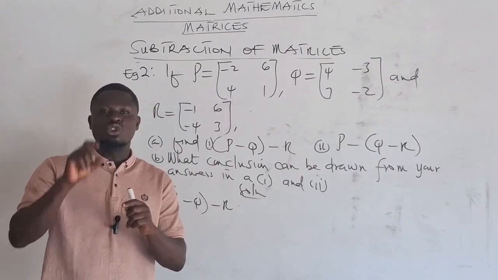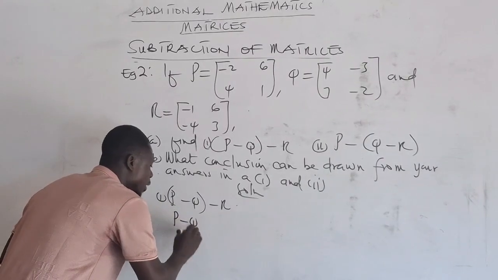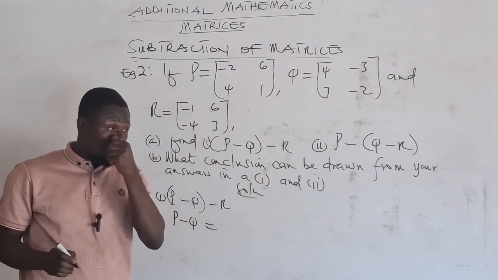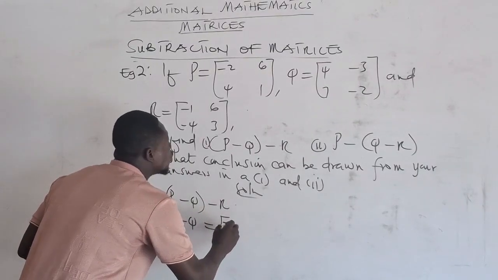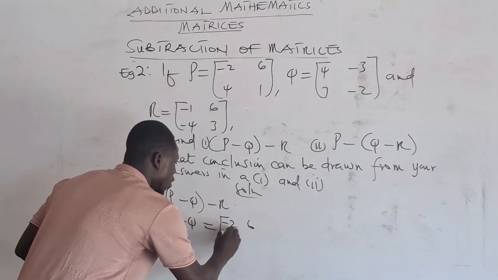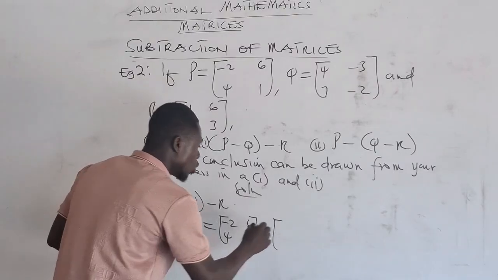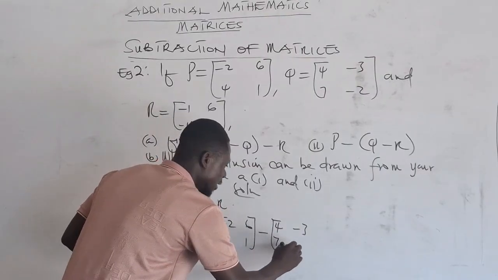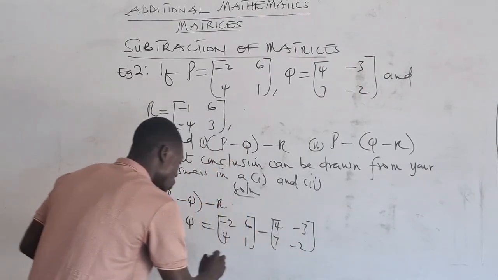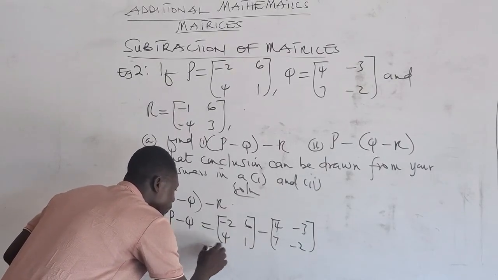You pick it, you solve for it first. So let's pick P minus Q and solve that one alone. So what is our P? Our P from the question is [-2, 6, 4, 1], minus our Q, which is also [4, -3, 7, -2]. So by solving this, we are going to have